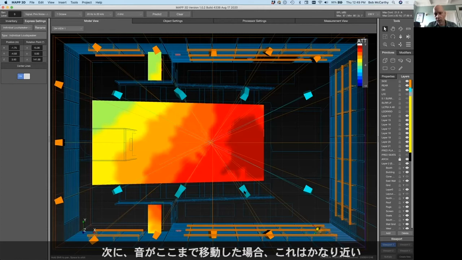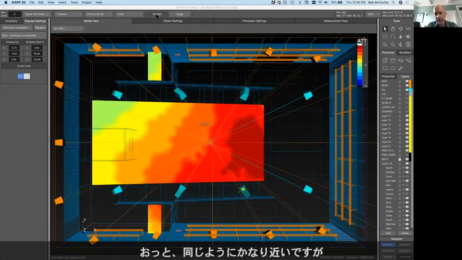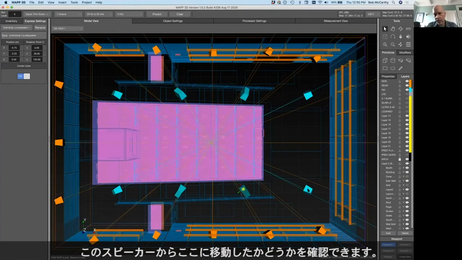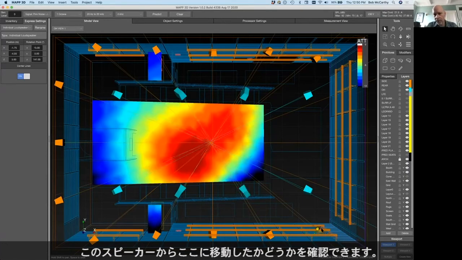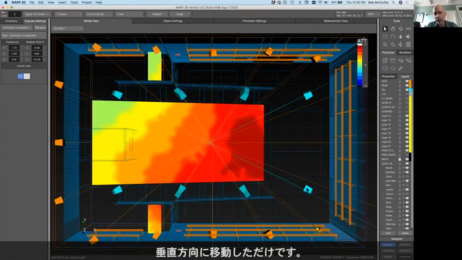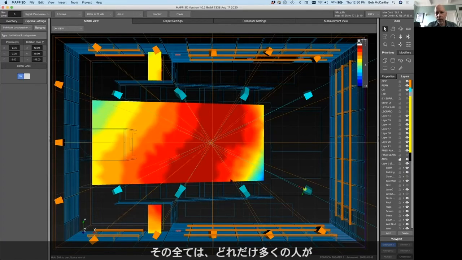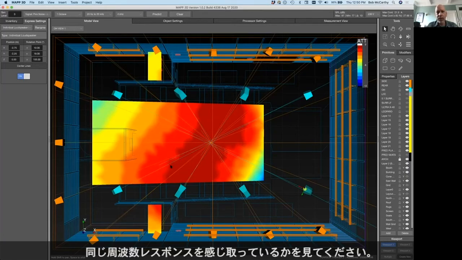And so then if the sound were to move up to here, which is fairly close. You can see if I move from this speaker to here, I just made a vertical move. See how many of the people would perceive they'd have the same frequency response and it would just